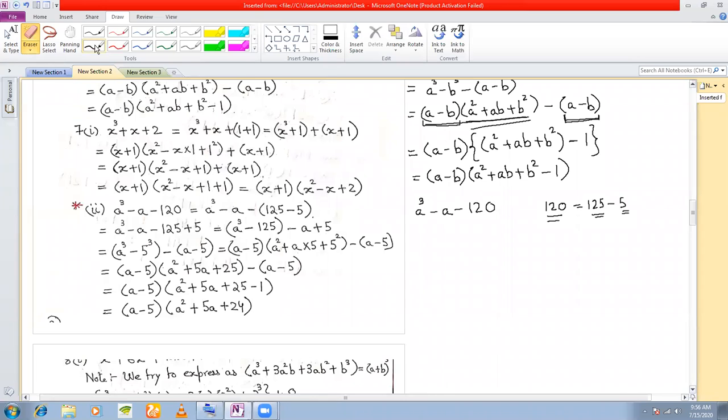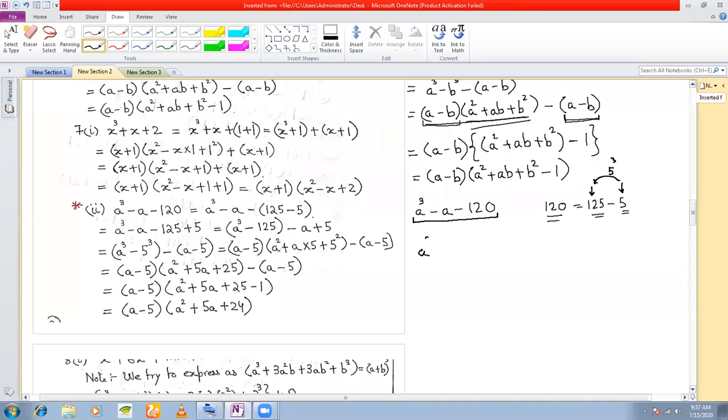Yes, any questions? I repeat, I need to make these 3 terms into 4 terms. So I split one term, but which term to split? I will split 120 into 2 numbers such that if one is cubed, I get the other, because 5 cube is 125. Let me take another number.